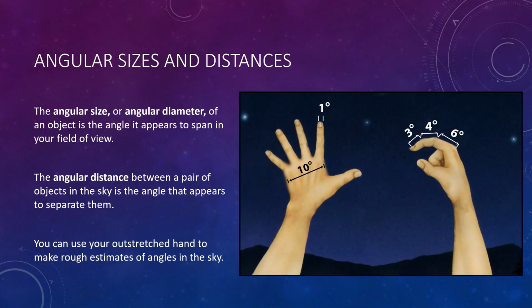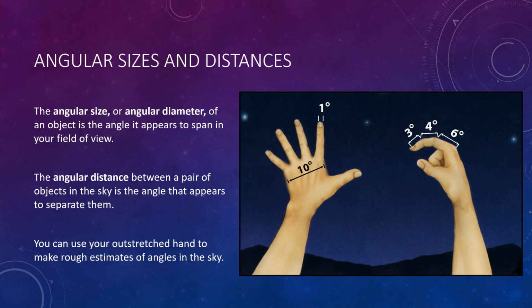Now, we aren't going to all go outside and stand out there with protractors in front of our faces, so there are some ways to make some estimates. The angular size or angular diameter of an object is the angle that it appears to span in your field of view. For example, as we mentioned previously, the angular size of the sun and moon are each about 1/2 a degree. Note that angular size does not tell us on its own of the object's true size. So the sun and the moon both have the same size in our sky, but we know they're very different in sizes. The moon is much, much smaller than the sun. It just happens that the sun is far enough away that it looks to be smaller.